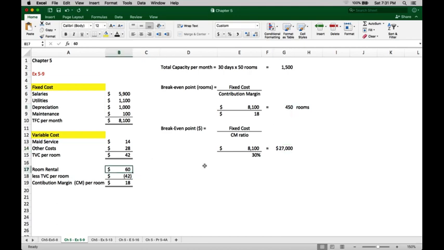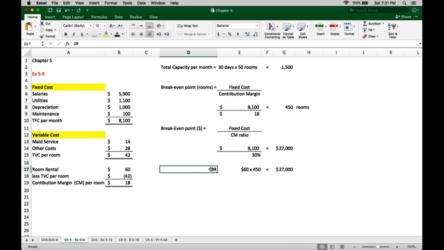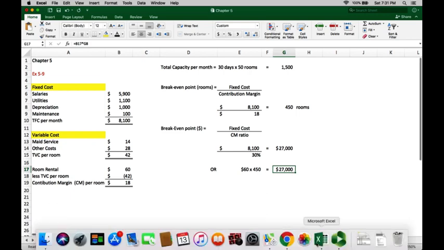times 60, and that would be the other way in which we could calculate this number here. 60 times 450, if I get the 27,000, then I'm breaking even, which means I've covered all my costs, but I haven't made a profit. Something to be happy about is at least you're not losing money. Anything above this is when you start making money. Again, I hope this has helped us understand